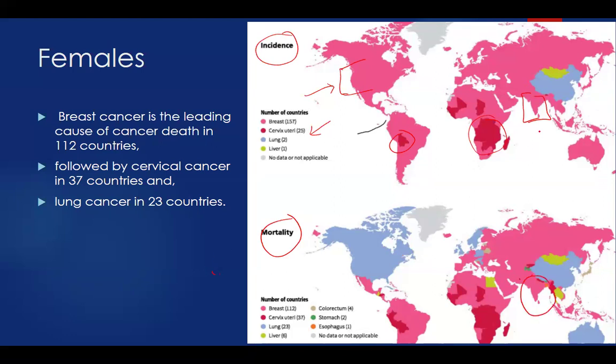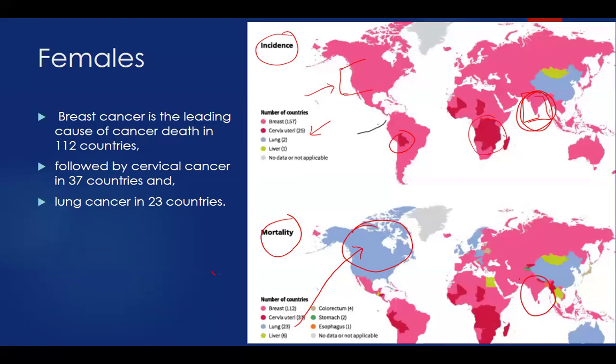So in India, there was more incidence and mortality. But look at North America, there is not so much mortality. The mortality is from lung cancer. Lung gets diagnosed late, and so there are more deaths. With breast cancer screening early, there is less death. But in India, breast cancer is not as common as in the US, but if it is diagnosed, the survival is also kind of poor.